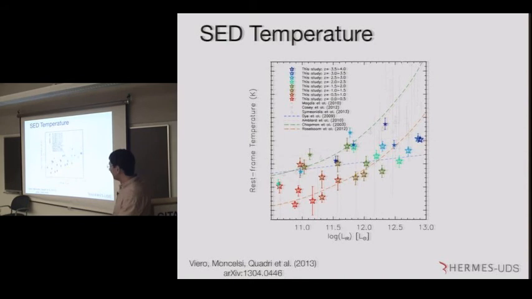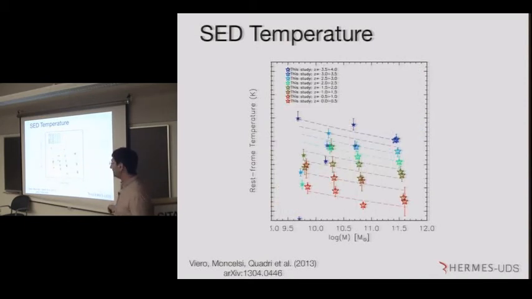And then, in resolved studies, there's always this talk about this temperature-luminosity relationship. As the luminosity goes up, the temperature goes up. But that I argue is a selection effect, because if you look at the mass versus temperature, we know that when the mass goes up, the luminosity goes up. I already showed that with the stacking. But here, when you look at one redshift slice and you look at the mass going up, the temperature seems to, well, the error bars, if you can believe it or not, it's either staying level or actually even falling a little bit.